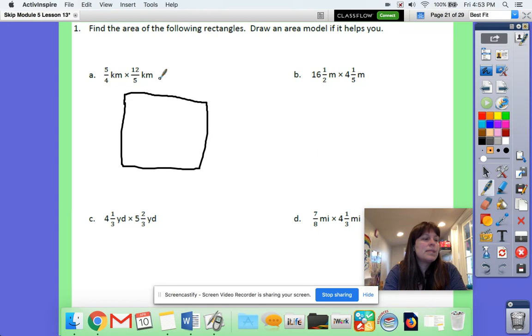So for the problem set, we're going to break this up. 5/4 times 12/5. There's 2 ways you could do it, right? Area model, if it helps you. You don't have to. If you want to, you could just do the standard algorithm, which would look like 5/4